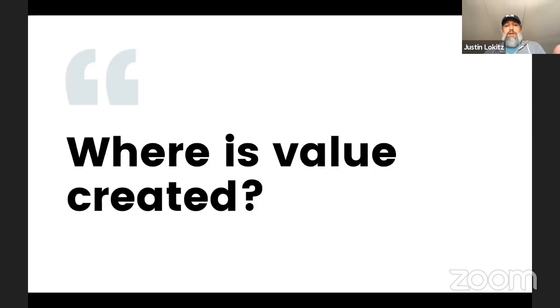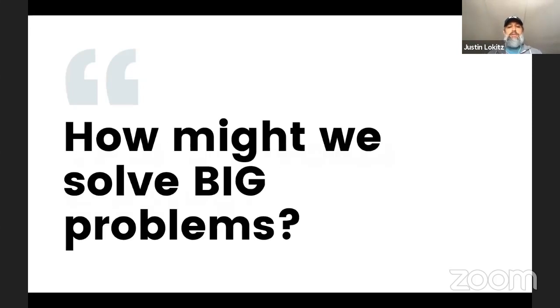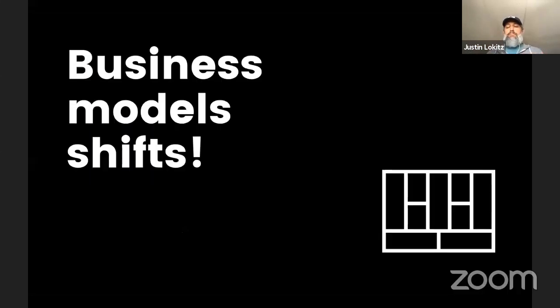In this shift, where might value be created? And this is a question we ask every single time. And how do we actually solve big problems? Well, when we think about shifting, it isn't just shifting a business. The way we think about things is in terms of business models. And in a business model context, we even think a little bit more deeply about this using something called a